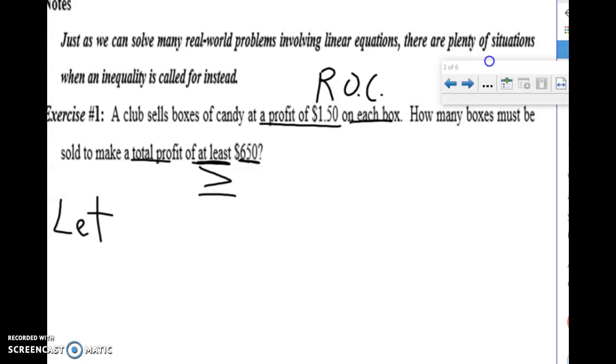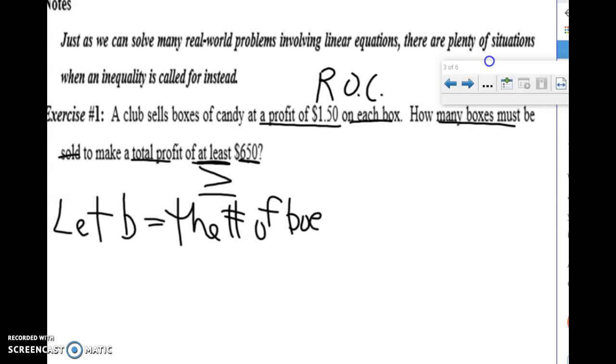Well, the question right here says how many boxes must be sold. So let's let B equal the number of boxes sold. So we've annotated, we've given ourselves a variable. Let's see if we can make an inequality. And a lot of this is pretty simple. Now that we know that the B stands for box, we have